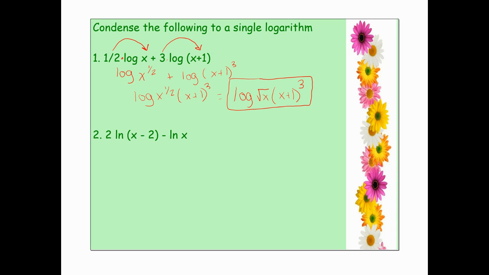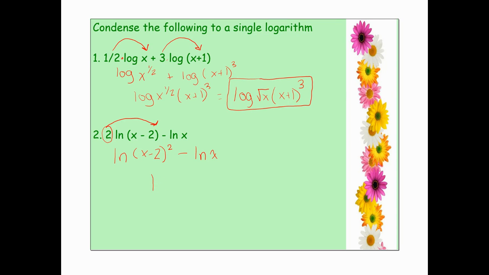All right. In our second example, we're going to do the same thing. We're going to use our power property. So I have natural log of x minus 2 squared minus the natural log of x. Almost treat each log expression as its own thing. So if you can condense it because there's multiplication going on, do that. So we're going to use the power property. Now with subtraction, we know that that is our quotient property. Natural log, both with base e, so they're the same. So I can condense to being